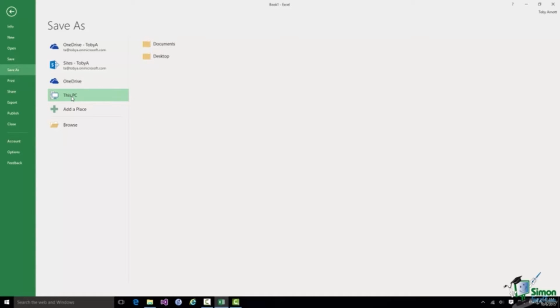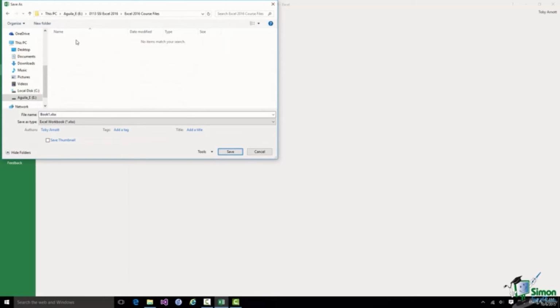Now, I mentioned to you earlier on the demo files, the course files that I'm using. I'm going to save this in an empty version of that demo file, that course file folder, and then during the course, as you'll see, I'll build up to the collection of files that you've seen already much earlier on in the course. And these, of course, are files that you have access to, so you can see these files. So from this PC, I'm going to browse to that particular folder. So I use a standard Windows file browse there, and there is the empty folder